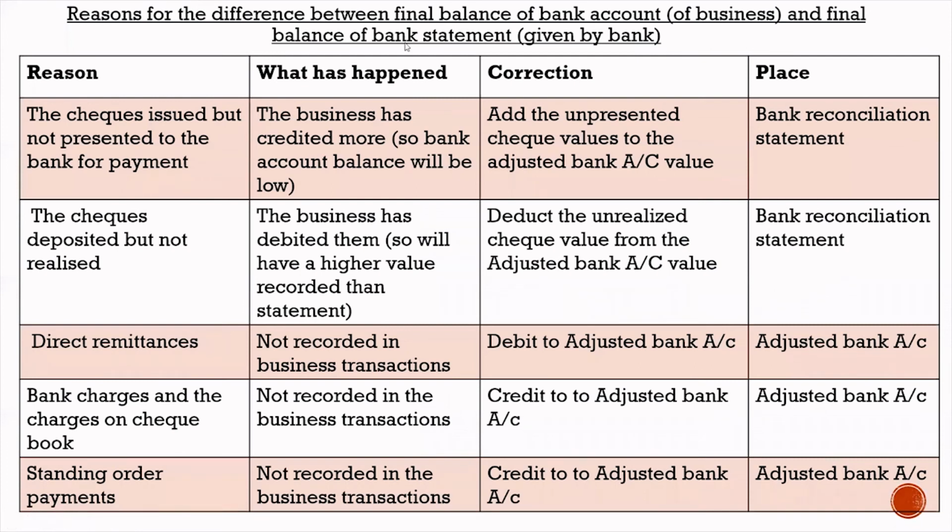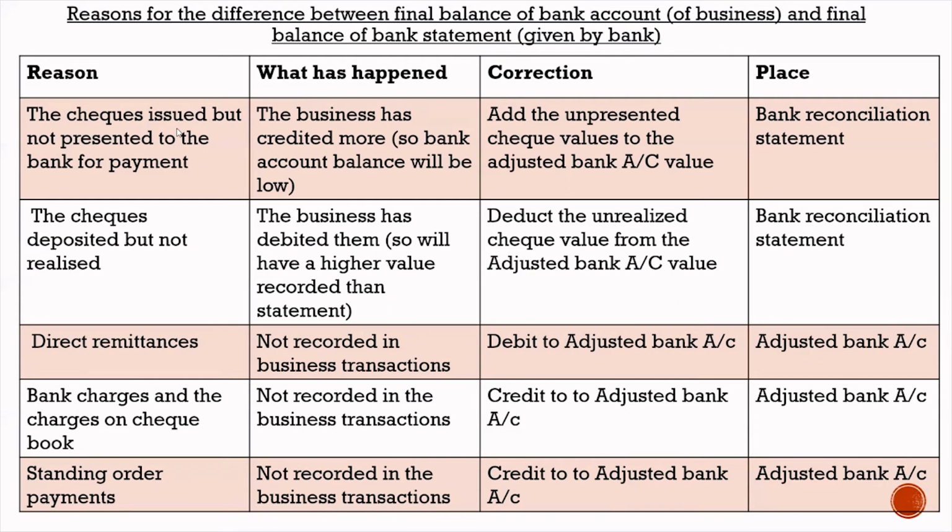So there are times where the bank account in the business and the bank account in the relevant bank have differences. That means, if I state it in Sinhala, some records we make in our business might not have happened in the bank, or the direct records in the bank might not have been taken into the bank account of our business. So we have to consider all. Right? So these are the basics or the general reasons for having such differences.